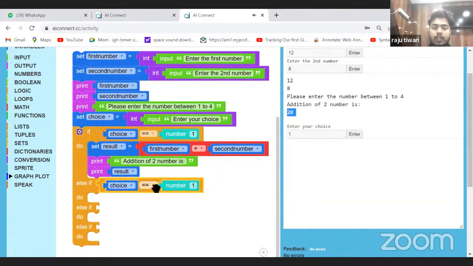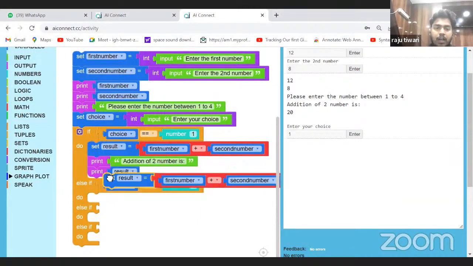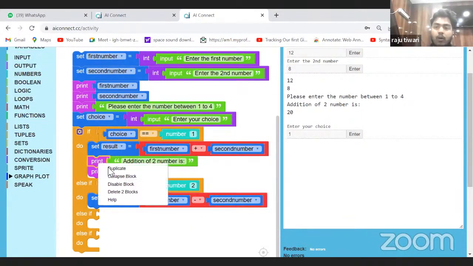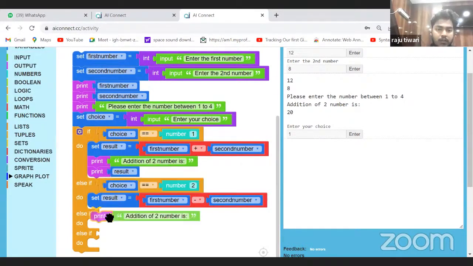So if choice equals number 2, then what will happen? I will duplicate this block, and here we don't have to add two numbers, we need to subtract two numbers. So I will take the subtraction block. Then we will also change the message. So it will be "subtraction of two number",